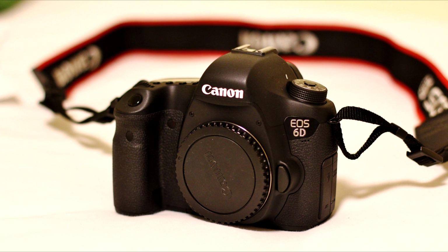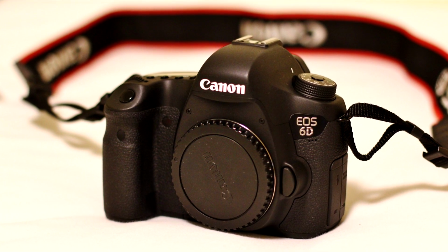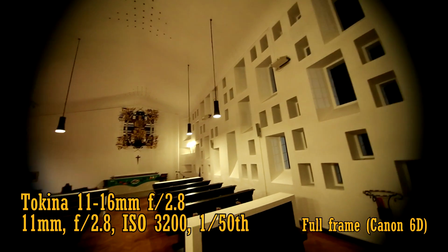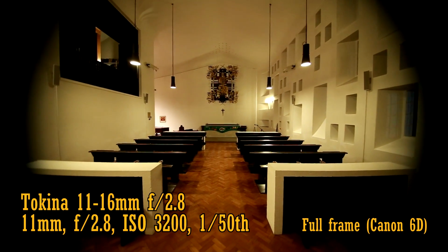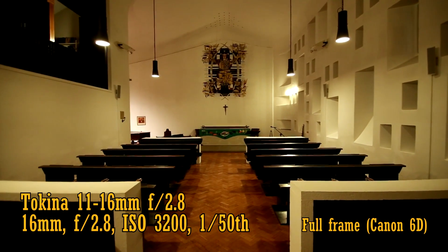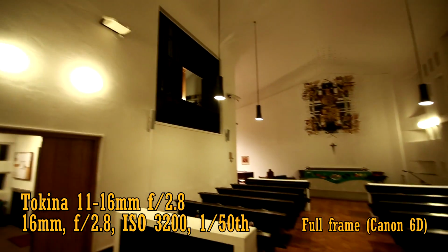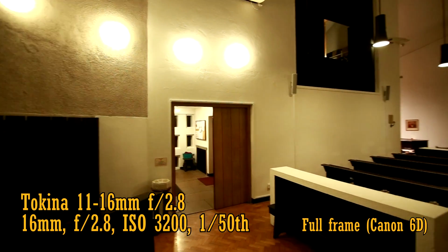Now, the Tokina 11 to 16mm is an APS-C lens, but it will fit onto a full-frame camera. Here, I've put it on a Canon 6D. As you can see, the image circle at 11mm is nowhere near big enough. But if we zoom into 16mm, we get a very usable image with no major vignetting. That's pretty cool. It means that if you upgrade to a full-frame camera, you'll have an ultra-wide angle lens ready